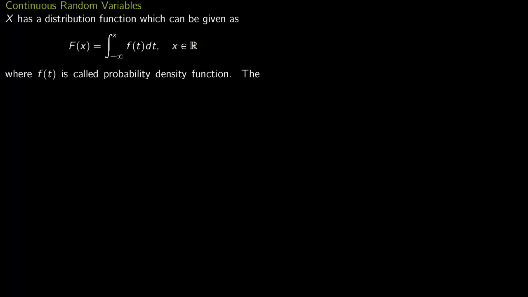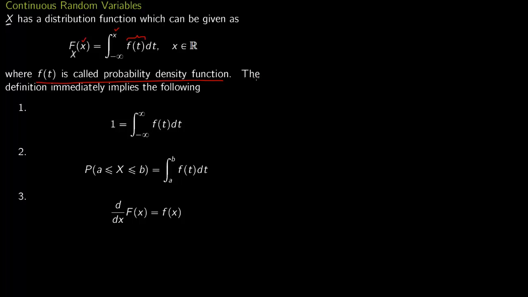Now we talk about continuous random variables. So X is a continuous random variable if it has a distribution function which you can give as, so this capital X I'm going to write at the denominator. So this x is same as this x here. So this x comes from this x. So the distribution function is given as an integral. So it is integral of some other function, and this other function f of t, this f of t is called probability density function.